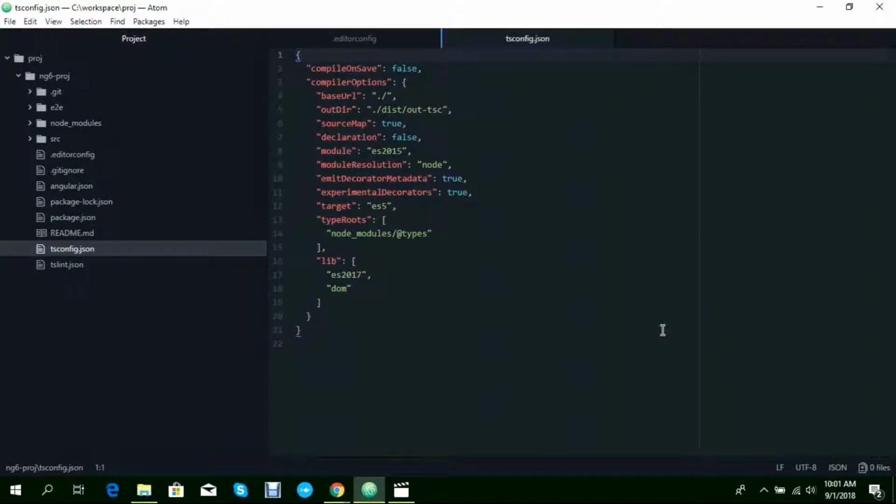TS config is not only production configuration and all those things. It's not only specific to the environment but specific to different components also. Like you can see the first thing is